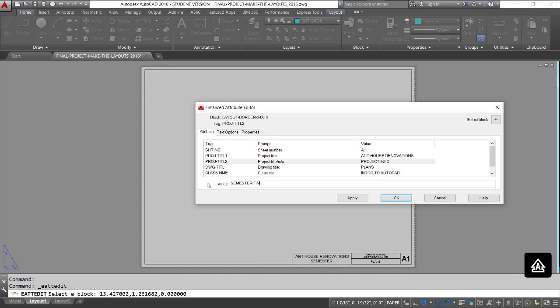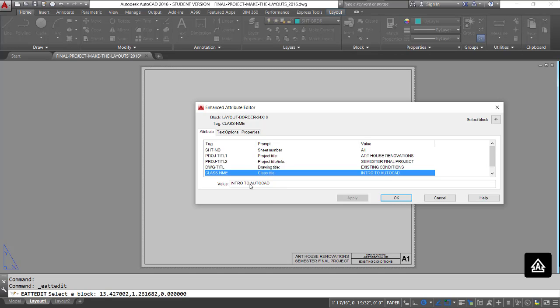So let's say semester final project. Hit apply on that. And the drawing title will be take out the plans and put in existing conditions, because these are the existing conditions of our project before we start our renovations. Hit apply on that,